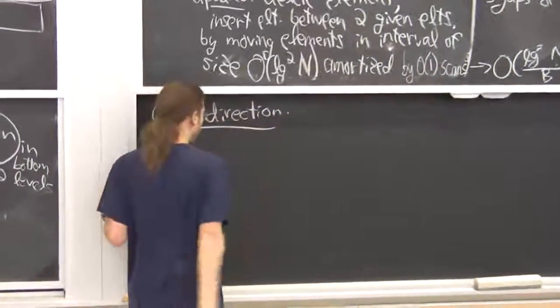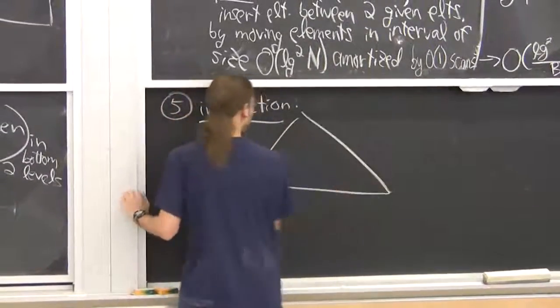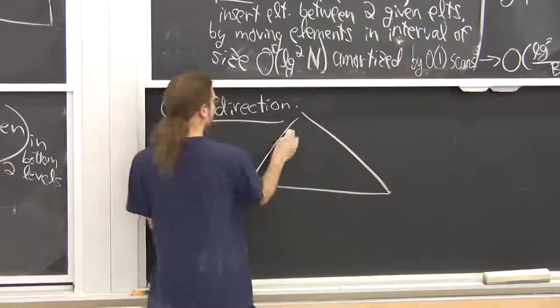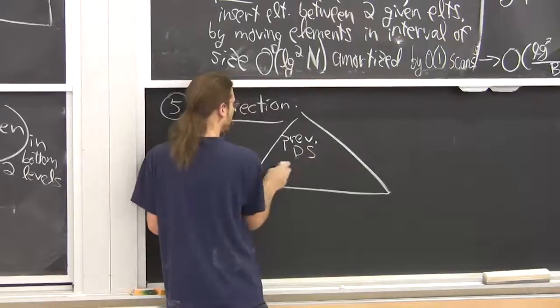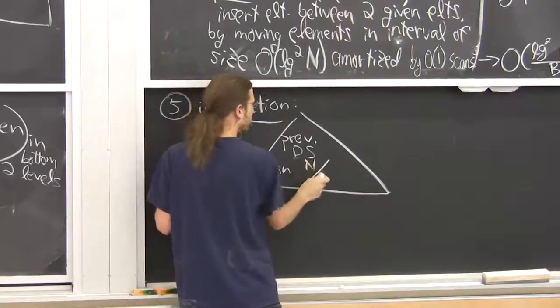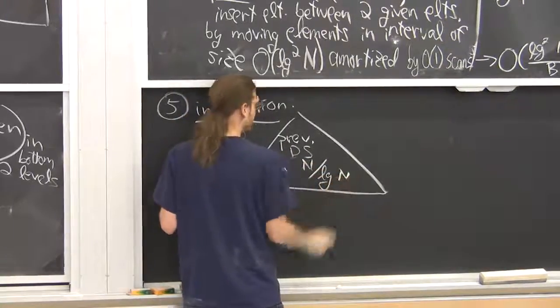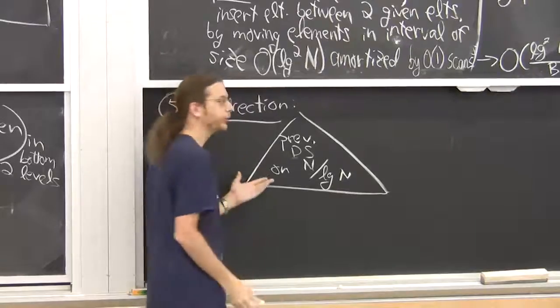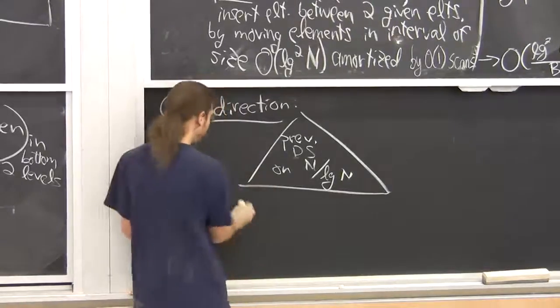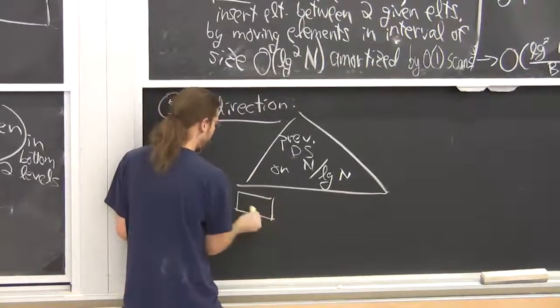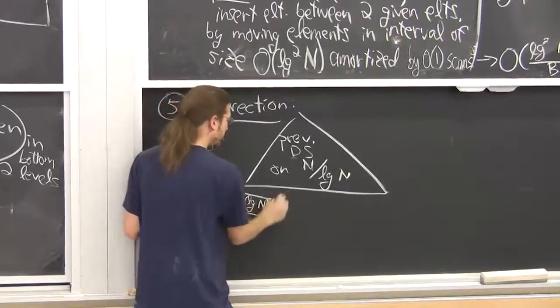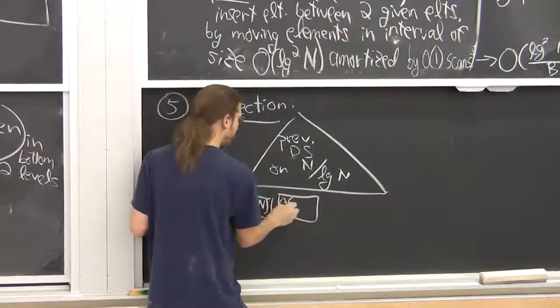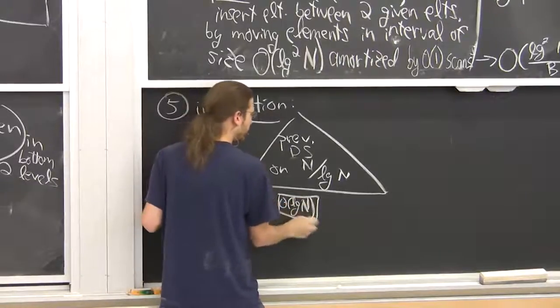The idea is simple. We want to use the previous data structure on n over log n items. And well, we need to store n items. So where do we put them? On the bottom. So I'm going to have theta log n nodes down here, theta log n nodes next to them, or items, I should say,